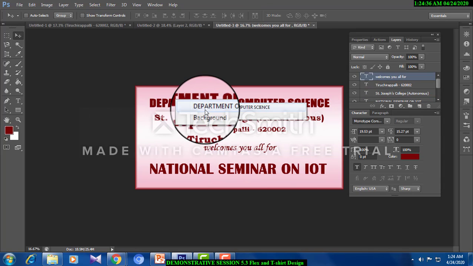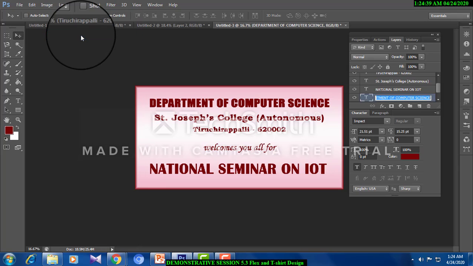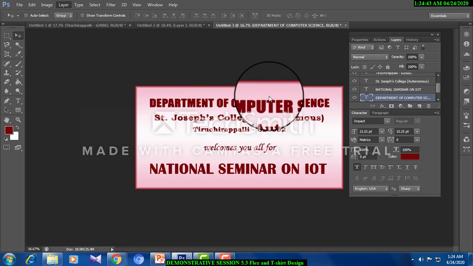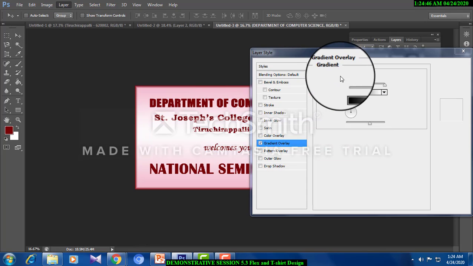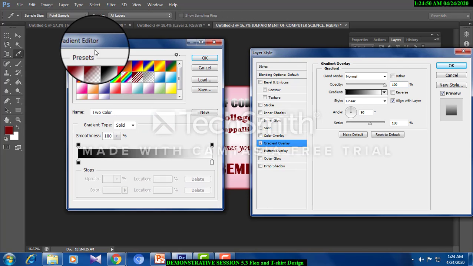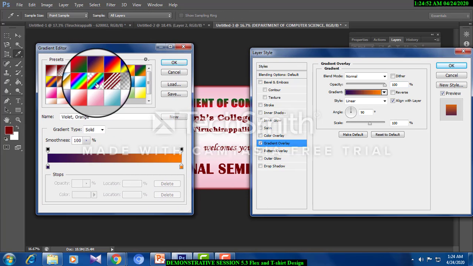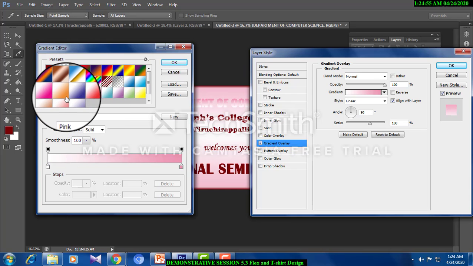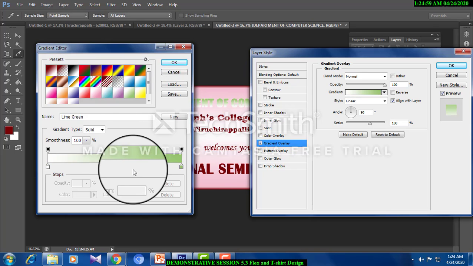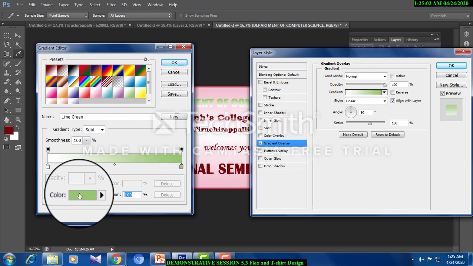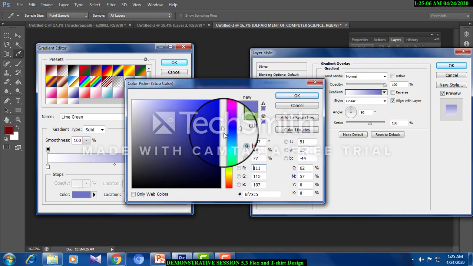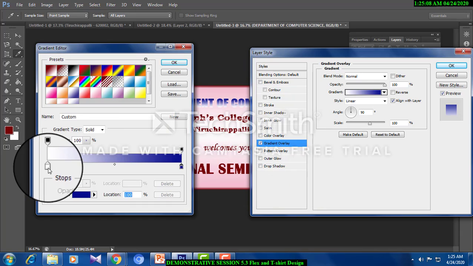Now I am going to change the color. Go to Layer Style. It is very simple. Gradient overlay. I am using a gradient color. I am using the available preset. You go with the color that you like very much. See this color, blue. I am choosing a thick blue and a light blue.